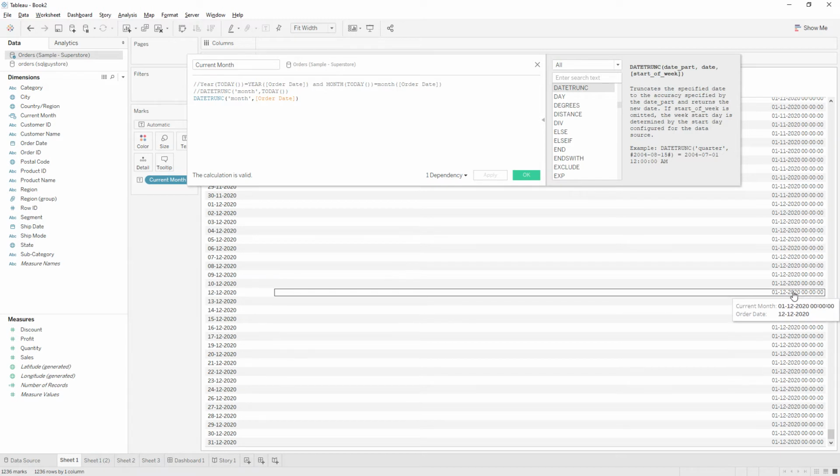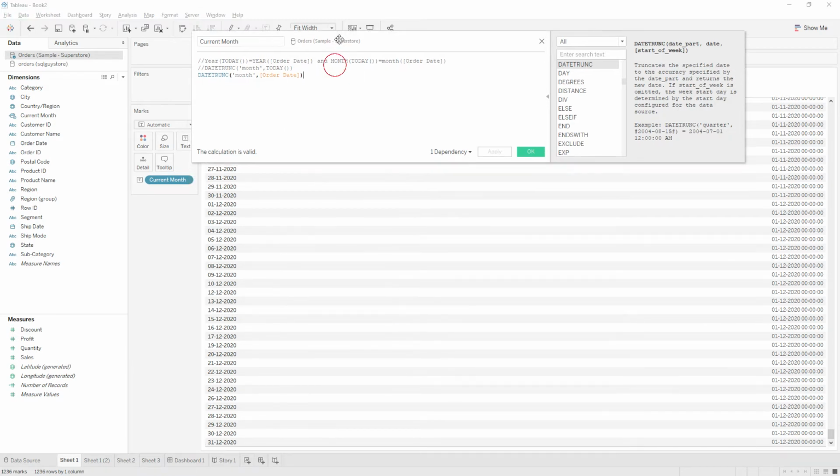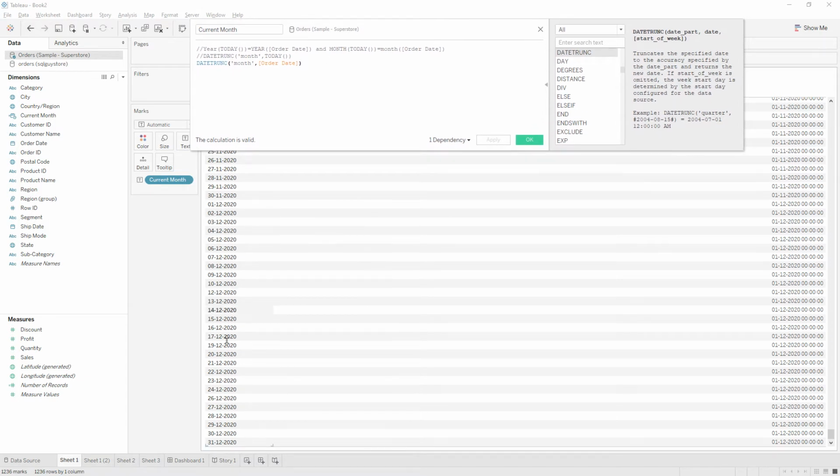You can see it is truncating to the start date of each month. So all the dates in the December month will give the output as 1/12/2017. Similarly this one gives you the 1/12/2020 for all the dates.